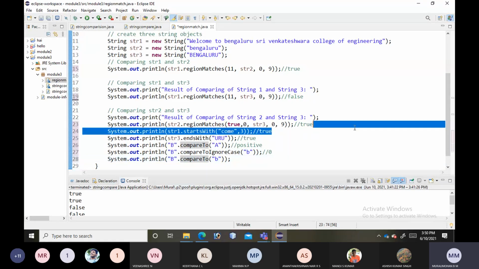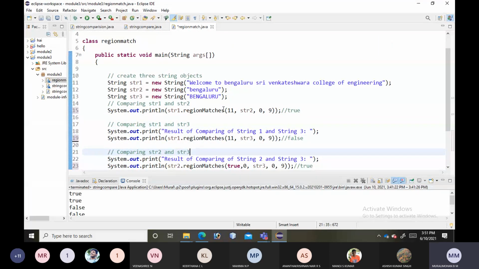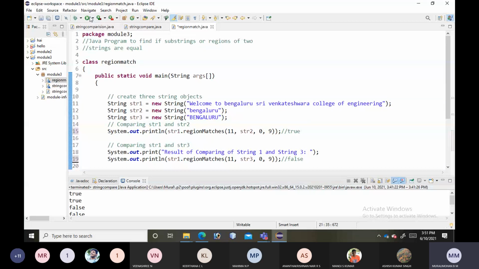Simply I will give compare to method. Okay, what is output here? B dot compare to of B. Negative. Negative value, very good. Right? So let us execute this one. Let us check whether we wrote the correct answers or not.